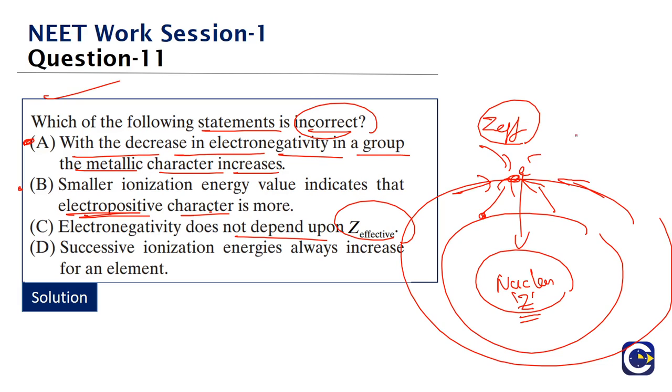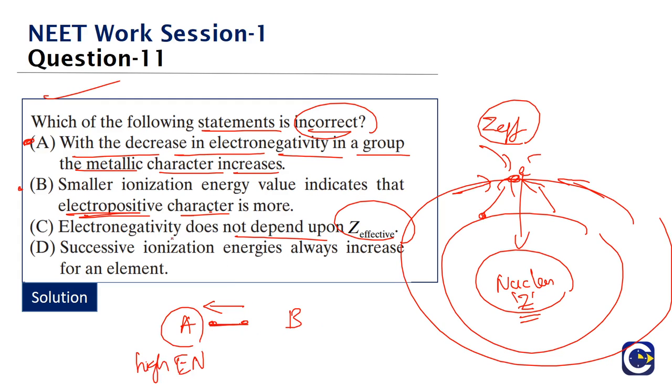Now the electronegativity. What does electronegativity represent? If you go by the definition, it is the ability of an element to attract the bond pair of electrons towards itself in a covalent bond. So if you have two elements A and B forming a bond by sharing electrons, and we say that A is more electronegative, it means A will be able to pull the electrons more strongly towards it. If A has high electronegativity, A will pull the electrons more strongly towards it.